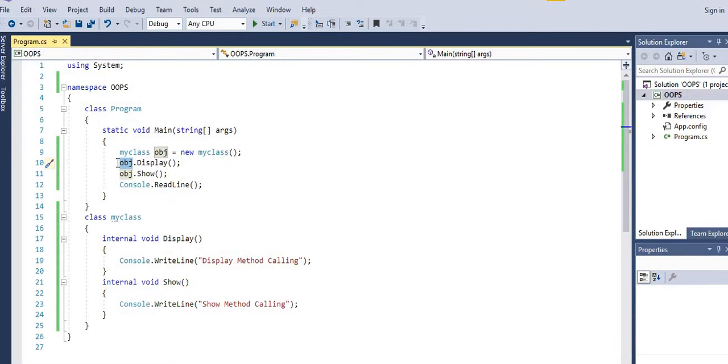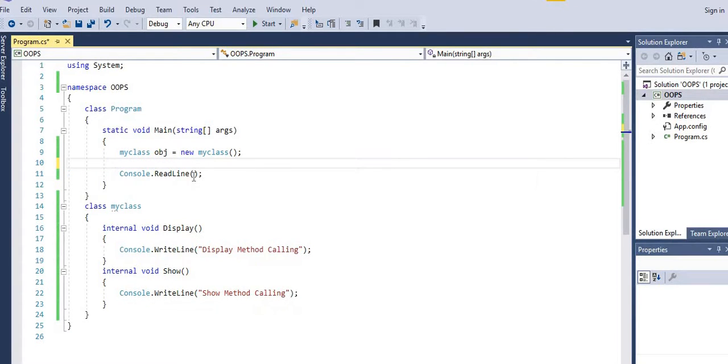Next, the 10th line, you see here, object obj dot. I will remove these two lines and show you. You see I am typing obj, and I pressed the dot. You see display is a user defined method and show is also a user defined method. You see the symbol is different.